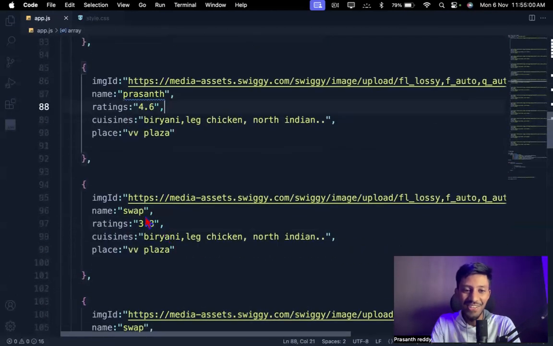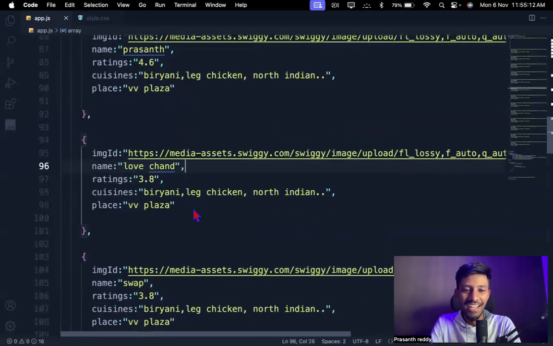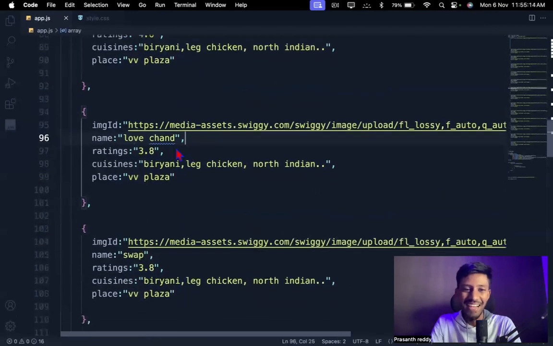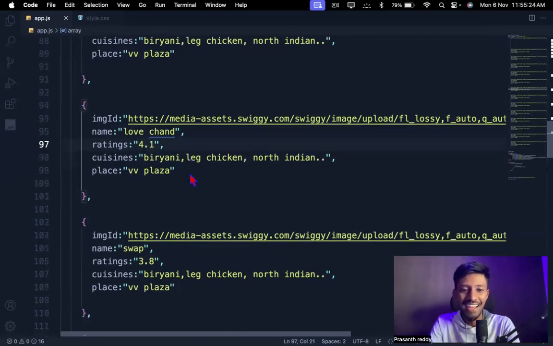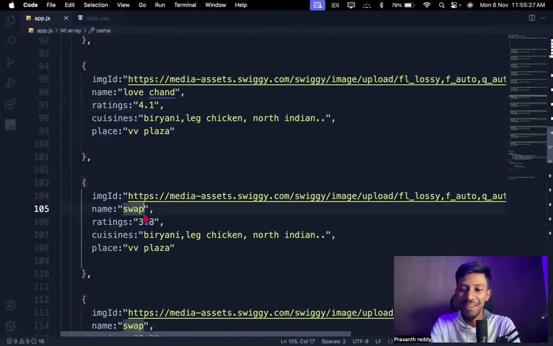Okay. Now let's go here. Let's take it as Premchand. Let's take it as Lauchand, right? Do we have Prem Kumar also, right? Let me wait. Lauchand, I'll give you the rating 4.1 again. Okay. Let's take it as Prem Kumar. Arey yaar, how many loves do we have? Let's take it as Love Kumar.